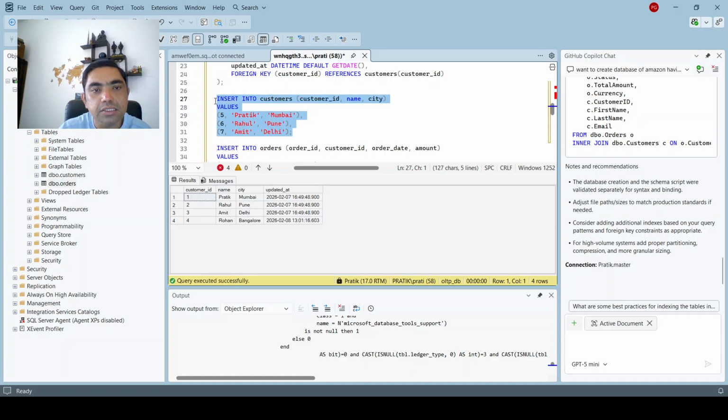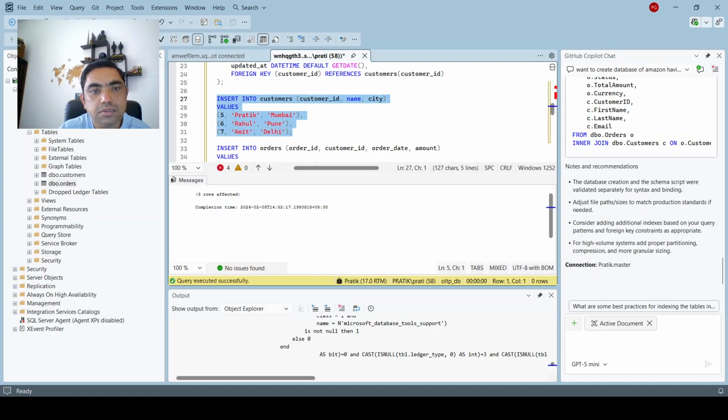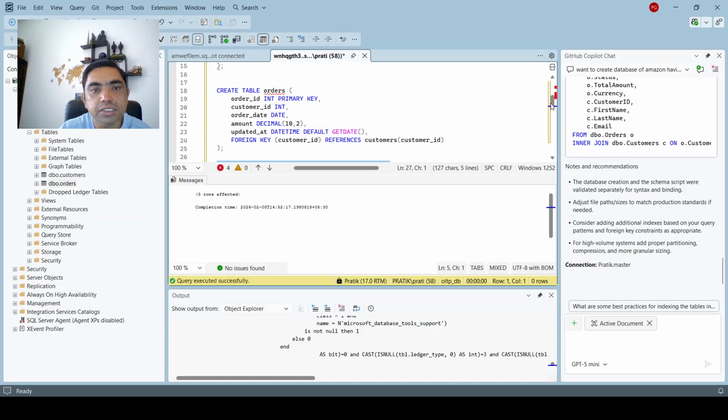This is the only primary key, so we are inserting that. Okay, inserted. Now you see here in the orders table we have order ID, primary key, customer ID, int, and